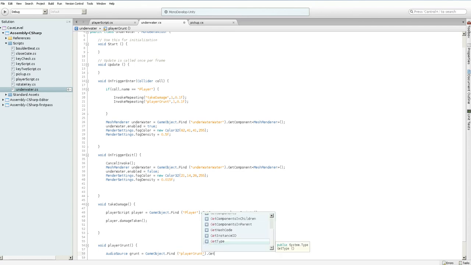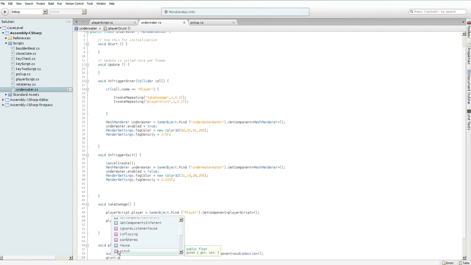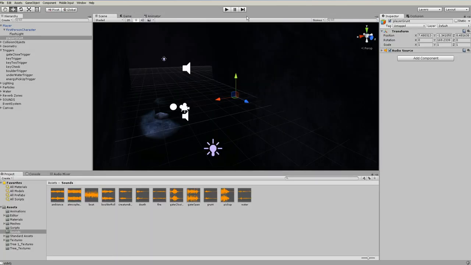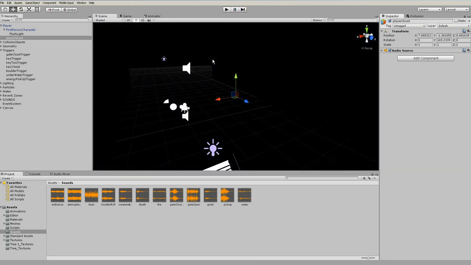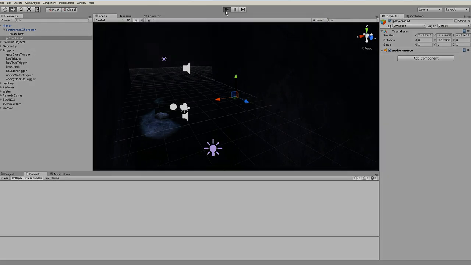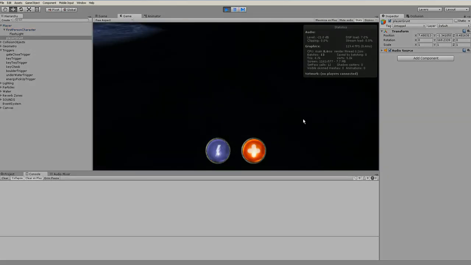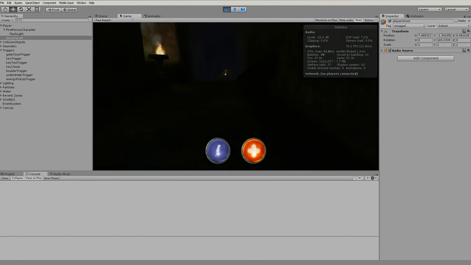Player grunt, get component audio source, grunt dot play. So far no errors, so that looks good. Oh, that was fast. I've still set to play on awake, but